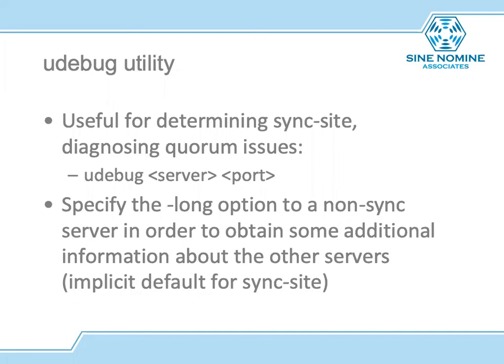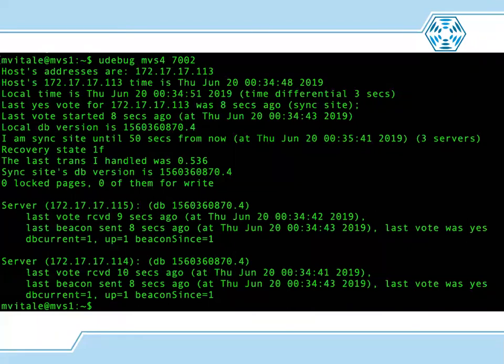All right, so what does it look like? A lot of gobbledygook, but the thing we want to pay attention to here is recovery state 1F. That's what it looks like when everything's copacetic. If you ever see a value other than 1.7 or 1F in there, then either there's an election for some reason or one of your servers has just gone down, and you're in a state where you currently cannot do writes.